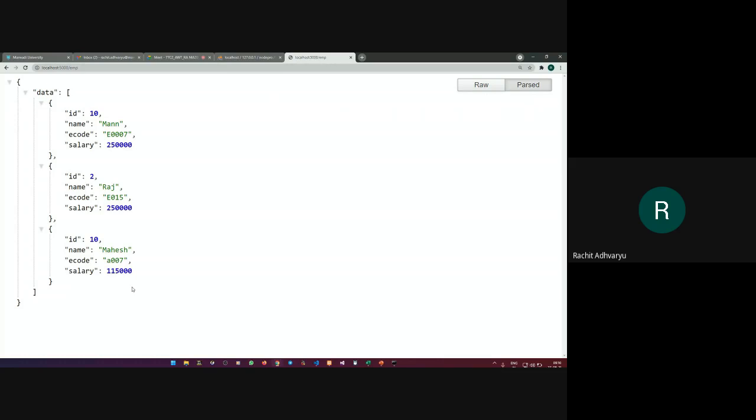It's just a display part, nothing else. So I have three rows in my table. So all the three rows are already available in the output. So select query has got executed properly. It has fetched all its data and its columns and everything and printed here in the form of JSON. Clear, everyone?